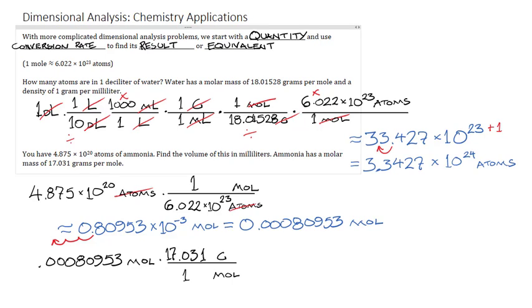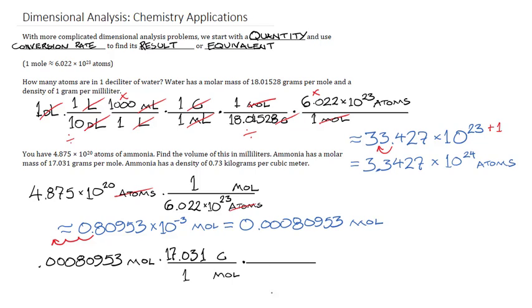We appear to be missing some information, though. We appear to be missing the density of ammonia. I've now corrected that oversight. We see that ammonia has a density of 0.73 kilograms per cubic meter. I have the ability to convert, but as you see, I'm going to need kilograms before I can do that. 1,000 grams is 1 kilogram. We also know that every cubic meter is equal to 0.73 kilograms of ammonia. And now we have this in volume.